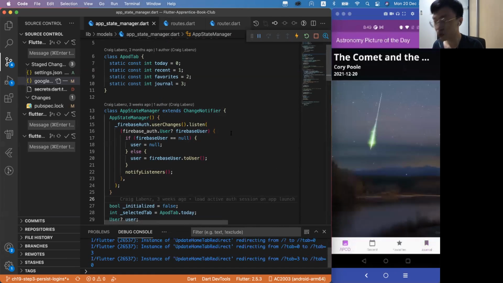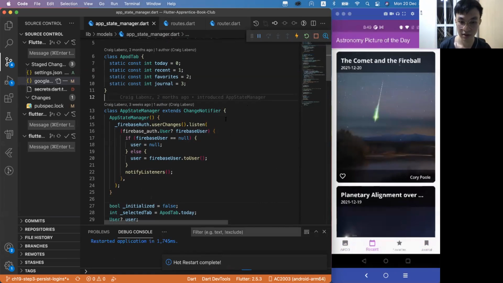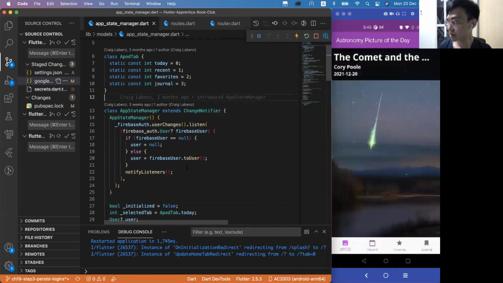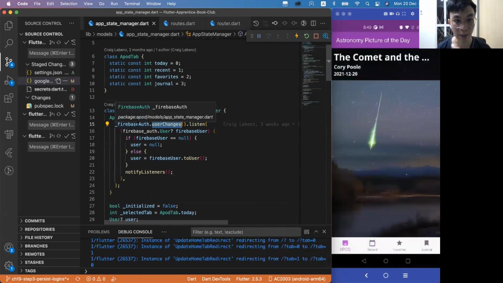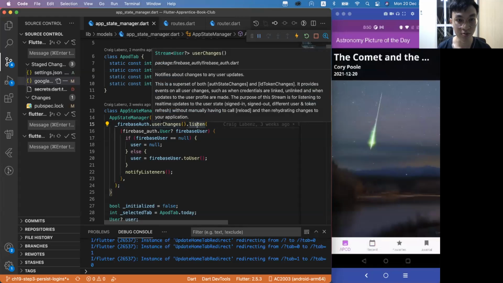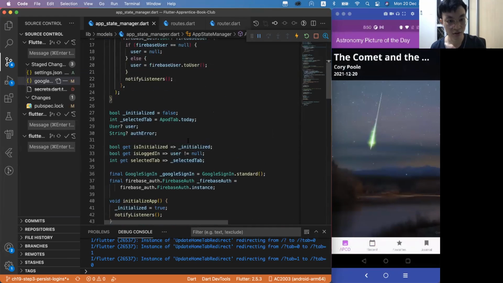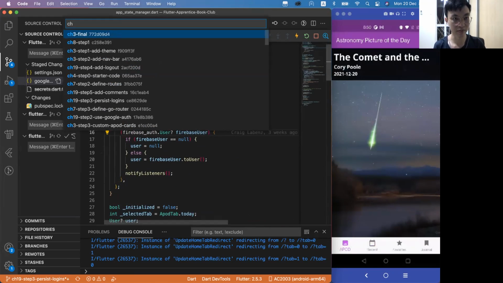All right, so now we can see that this is already logged in, and even if we restart again, yeah, it keeps us logged in. So this is how this Firebase auth and this stream work for this case. All right, and we can go to the next step